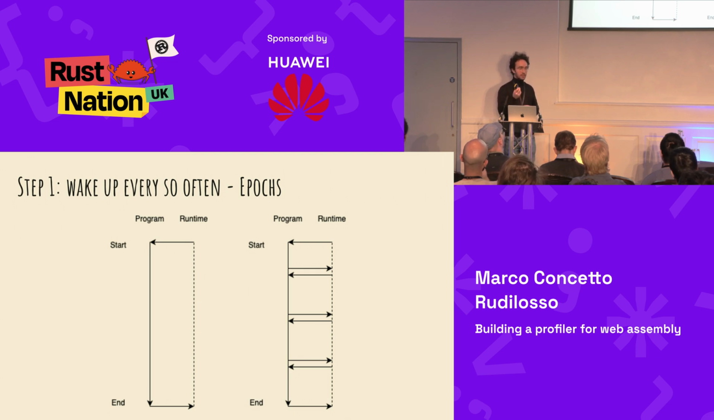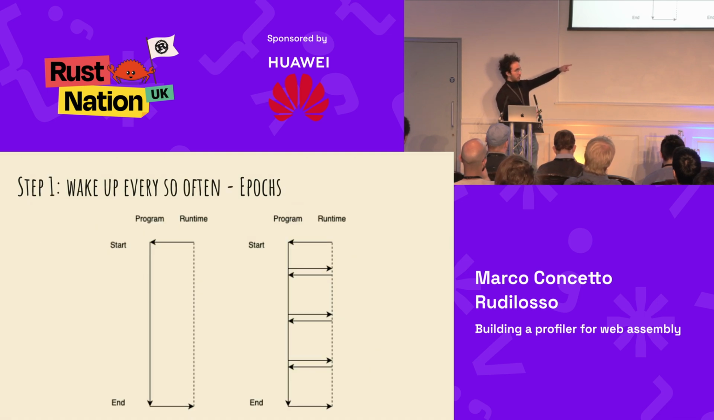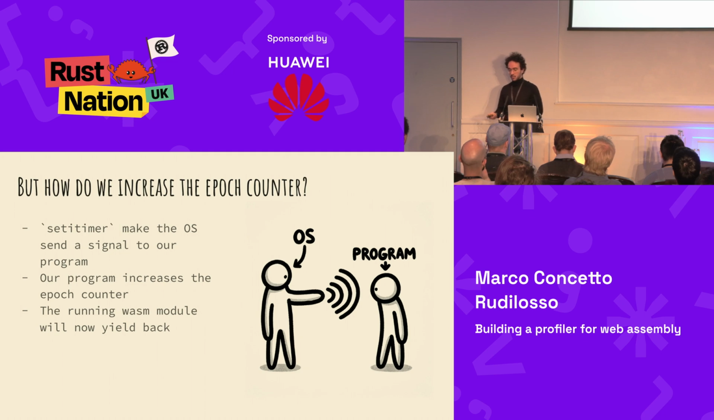Cool. So we have one mechanism to at least stop the program execution every so often when this epoch is reached, and then we can do whatever we want. We can collect the sample that we need. But wasmtime generates code that stops every so often and checks the epochs. If nothing increases the epoch counter, then the program is just going to run forever, because the epoch has not been reached, so it will never yield back control to the runtime. And one very common way to do this is to use setitimer,